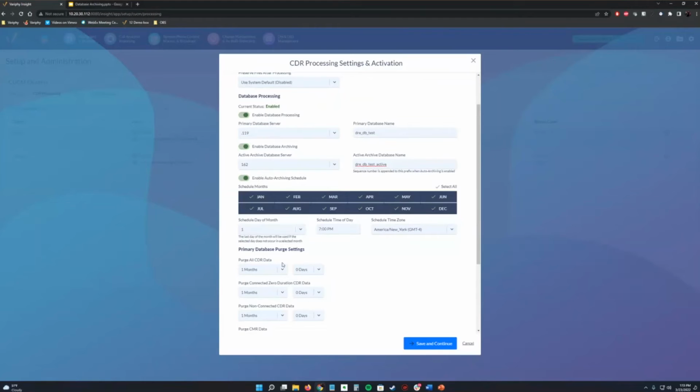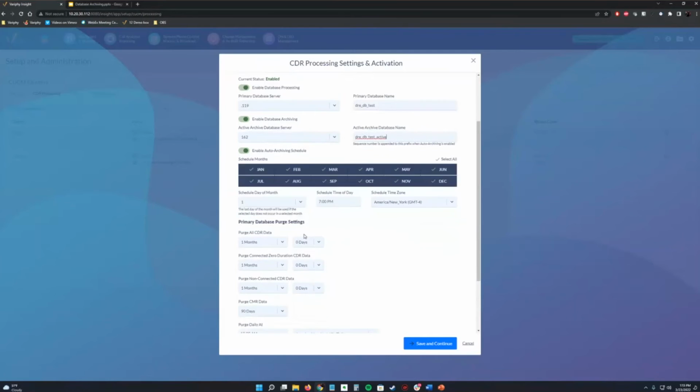You would not be losing that data on this purge. It's only going to be purging that primary database, but just creating smaller databases of that archive data. And like I said, if you have monthly increments selected, you would have 12 archive databases for each month of the year. Or if you wanted to have yearly, or any kind of range, such as quarterly, you could do that too by selecting the corresponding days and months. But then you would have one database per year. Hopefully that makes sense to everybody. I'm sure there's going to be some questions.